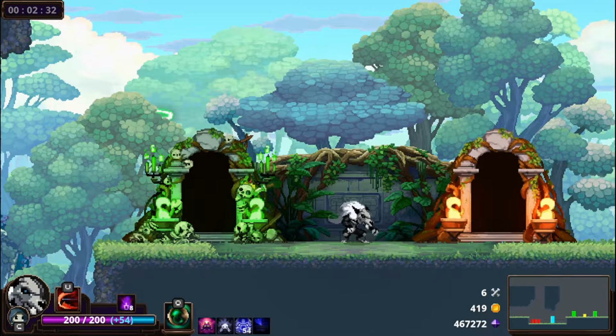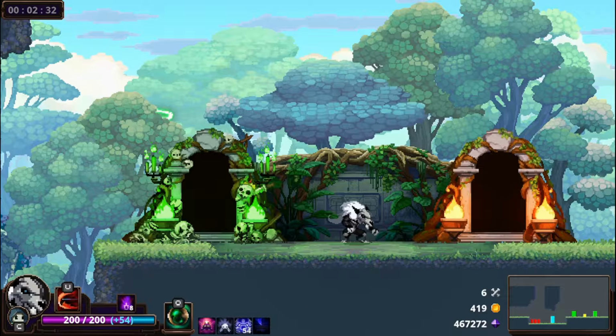Now that we have Wolf at rare, we do not need to take any more Skull rooms, because whatever we get right now will be either common or rare with very small chance of unique or legendary. And that is not exactly reliable. So, something about